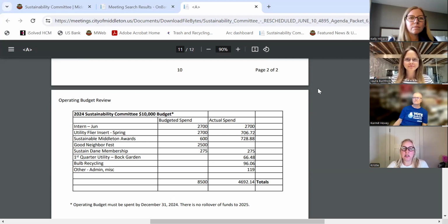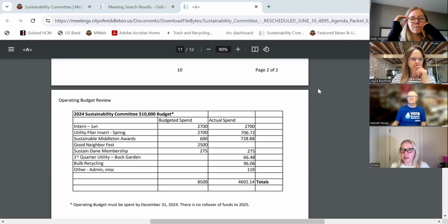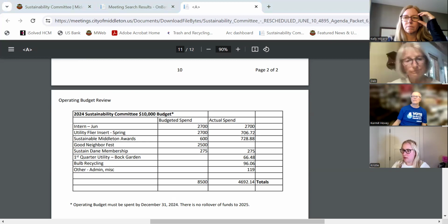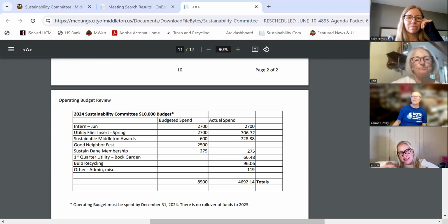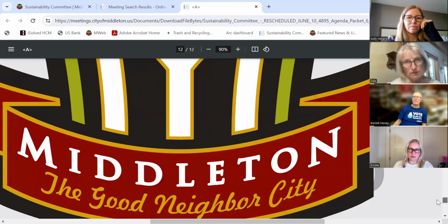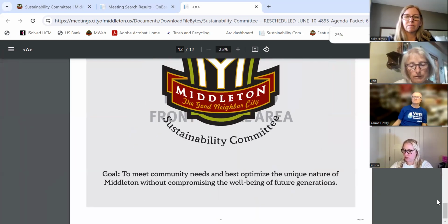So let's move on to the budget. This is just the budget up to date as of now. Deb, do you want to just quickly talk about the table runner? I was like, is it the cloth? It's not the cloth, it's the runner, but runners can be a thin strip. Anyway, go ahead. Okay, so when we have events and we have a table with pamphlets on it, flyers, etc.,